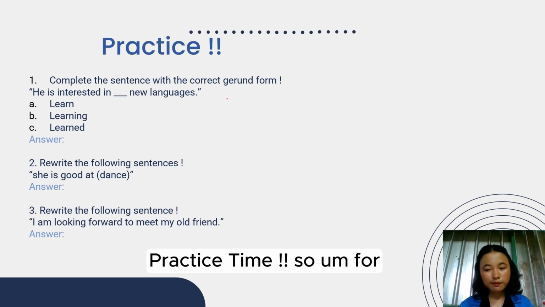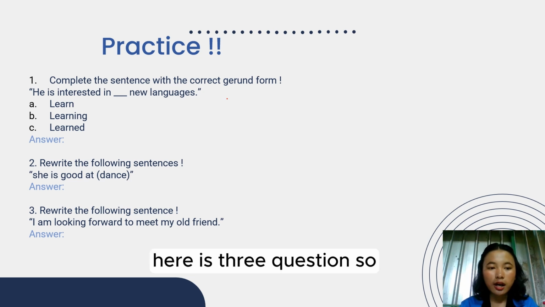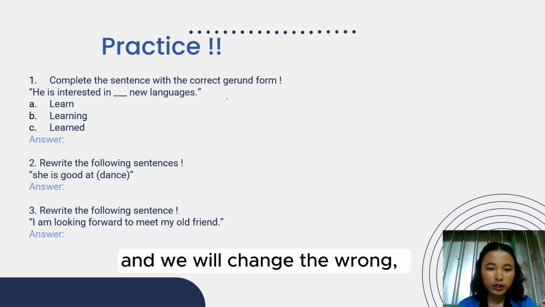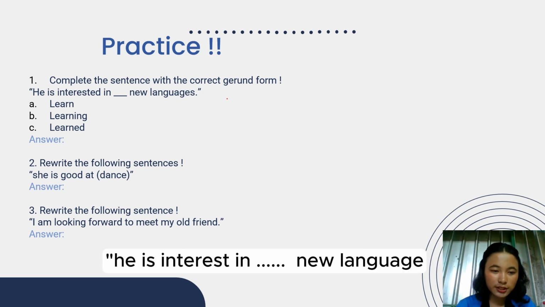Practice time. For the end of my presentation, here are 3 questions, and we will change the incorrect sentence into a correct sentence. The first question is, "He is interested in blank new language."